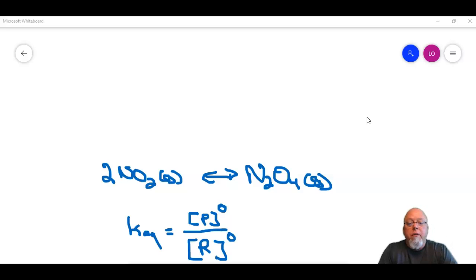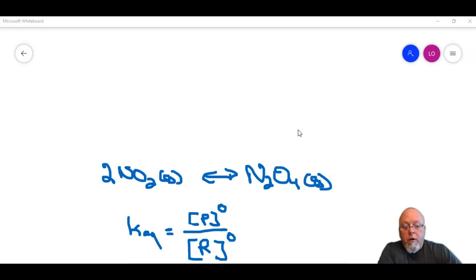Most reactions are reversible, and if we look here, we see a double arrow. It's noted by a double arrow. So if I have 2NO2 in a gaseous state, it will give me N2O4 in a gaseous state. What we look at here is a double arrow, and it means it will go forward and